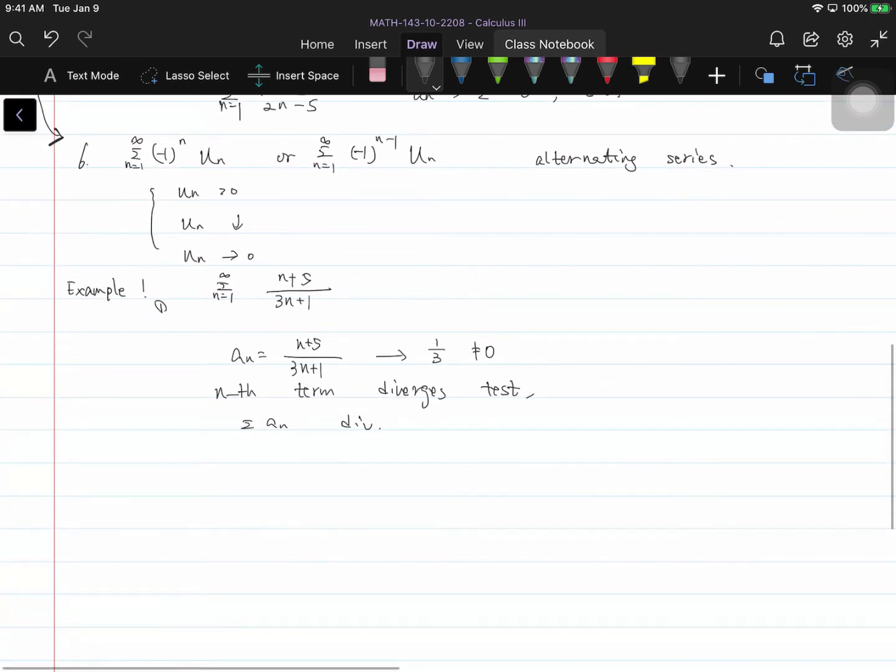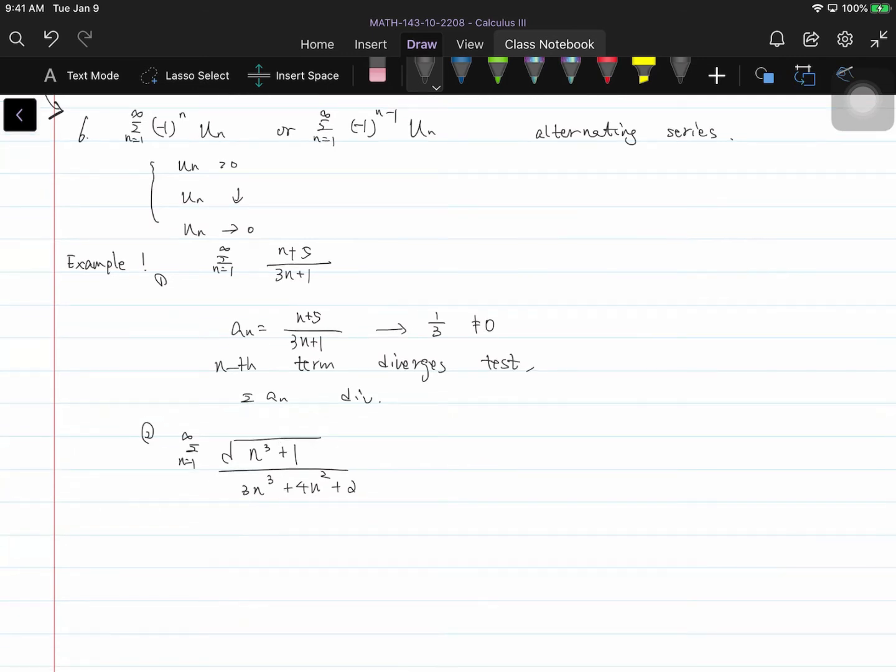This is the first example. Second, the cube root of n cube plus 1 over 3n cube plus 4n squared plus 2. For this one, it has a similar form. We can ignore all those lower-order terms, and then use the limit comparison test with